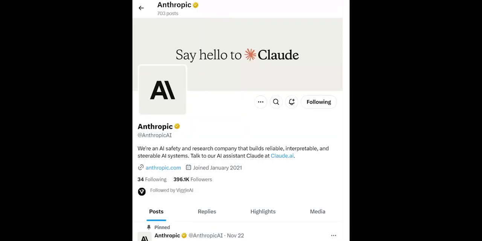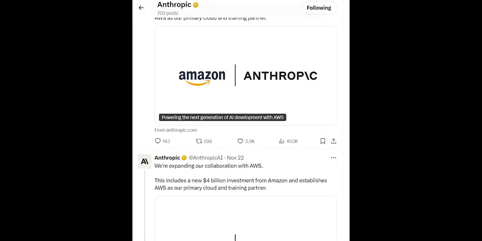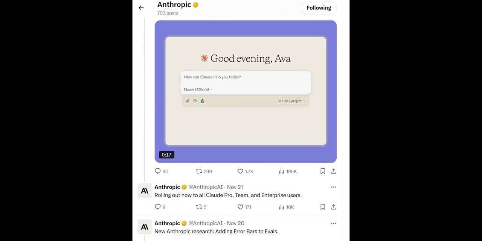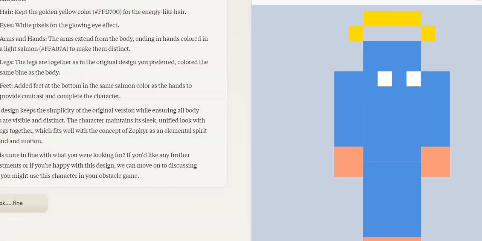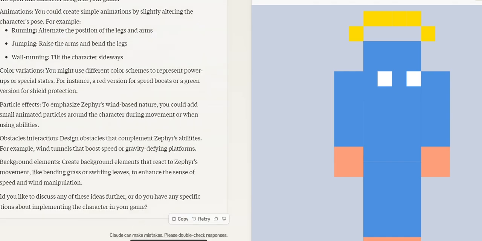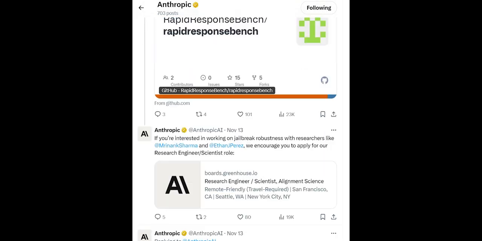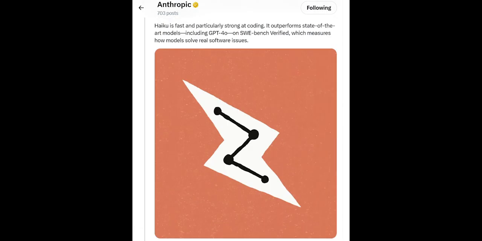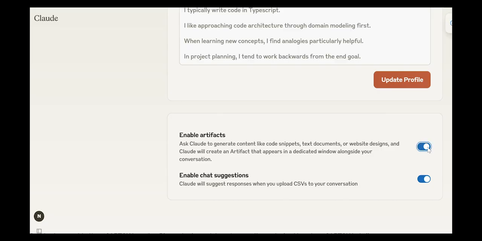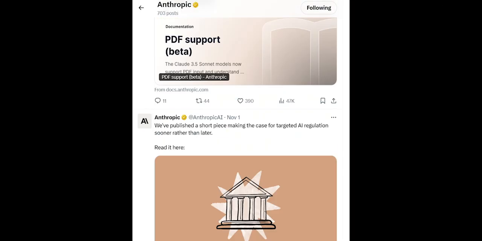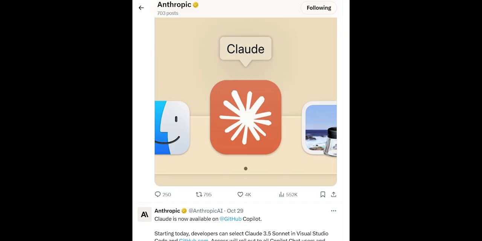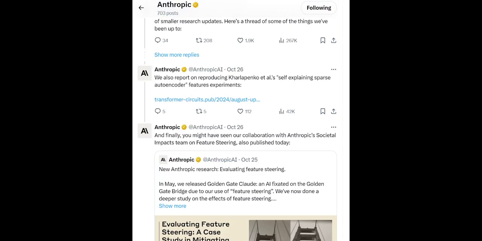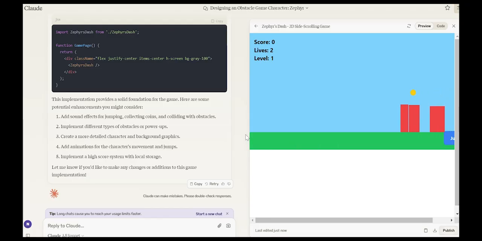This tool lets you run code directly within Claude AI's interface without needing to leave the platform. You can not only generate the code but also see the final result instantly, which is pretty amazing. So in this video, I will explain exactly what Claude AI Artifacts is, show you how to enable it, and walk you through how to create a simple game with it. And yes, I will even show you how to make a playable game right inside Claude. So let's